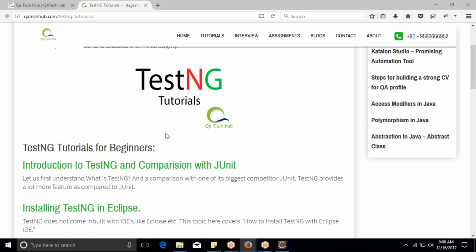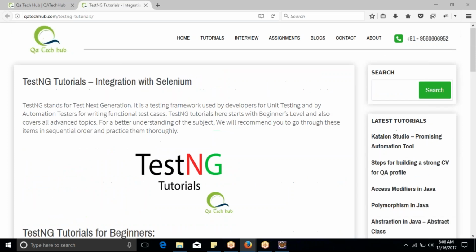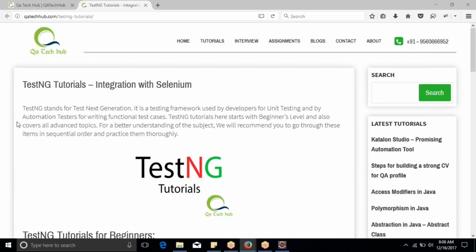So we are starting TestNG today, and the topics which we are going to cover in this are listed here. Whatever topics are mentioned on this, we'll be covering all of them. We'll be starting with introduction to TestNG and its comparison with JUnit. Before that, we'll also discuss what is TestNG and what is JUnit and why we are comparing these